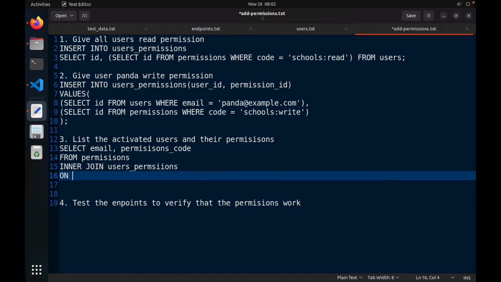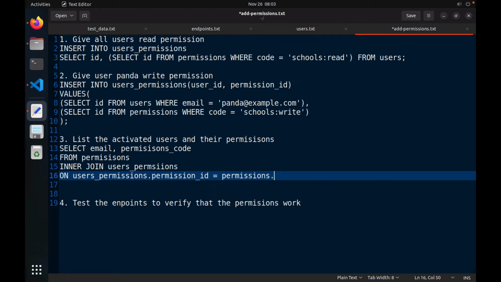And we're going to join on users underscore permissions dot permission underscore ID is the same as the permissions table